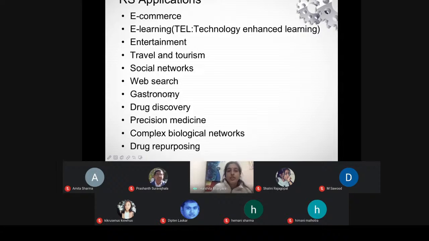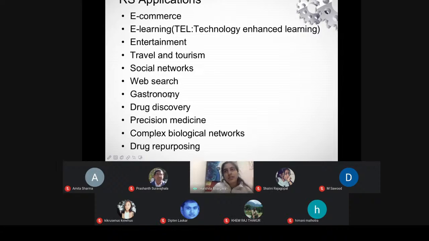Next is drug discovery, precision medicine, and these are all related somewhat to medicine. And of course, regarding drug discovery and drug repurposing, the most important one, and the hottest topic in the current scenario, is drug repurposing, in which we want to utilize an existing drug for curing some other disease other than that for which it was intended. Initially, suppose you said that a particular drug is being used to cure malaria.